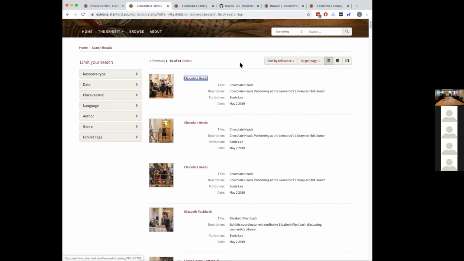So that was an issue that we needed to resolve for a number of reasons. One is we don't want the screen reader saying unidentified image all over the place. Second, links need to indicate where they're going to go. And third, in this very specific instance, we're unnecessarily generating 2 keyboard links for each title. So in order to go to Chocolate Heads, there are 2 things that you can click on